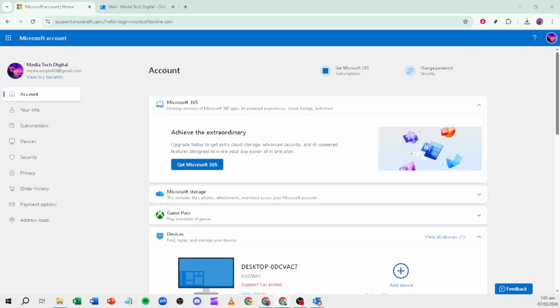In today's video, I'm going to teach you how to turn on spell checker in Outlook. This walkthrough is for Outlook on the web, so open your favorite browser and make sure you're signed in to your Outlook account before we begin. Turning on spell check helps you catch typos before your message goes out, which is especially helpful for important emails